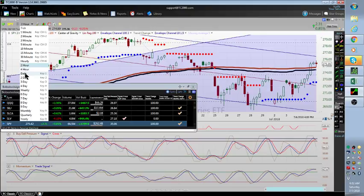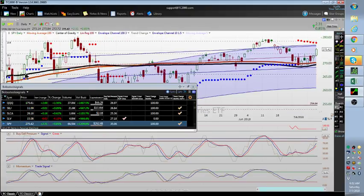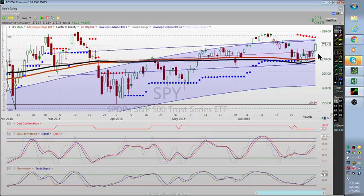But when you get there, take a look at this. This is the daily chart, and on the daily, I'm going to take this off for a second. The daily still has room to run up, and look at this. These are Fibonacci's. This is the 2018 range, and it's the third time at the 23% of the retrace, it got stymied, and now we're running up again, and it's right at the gap fill. And I think if it gets there this time, we're going to go 255 to 280,